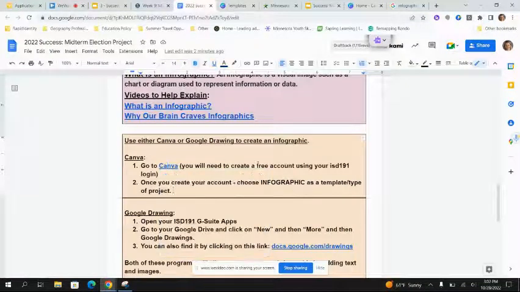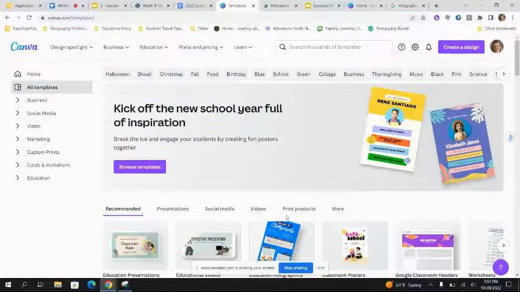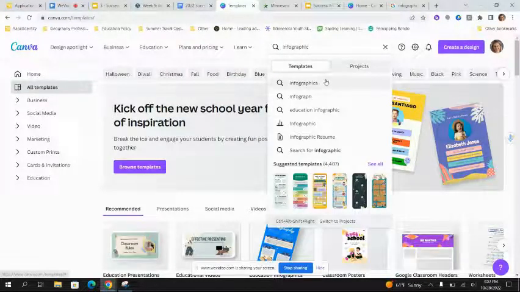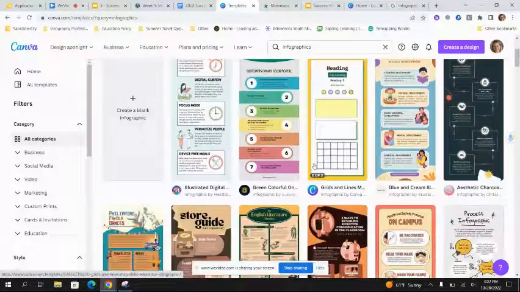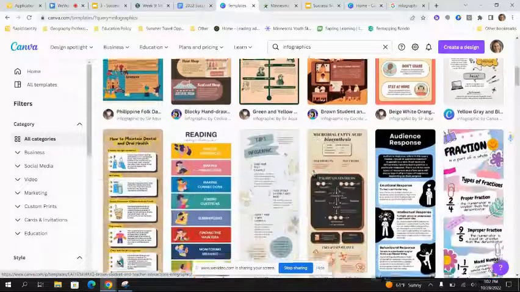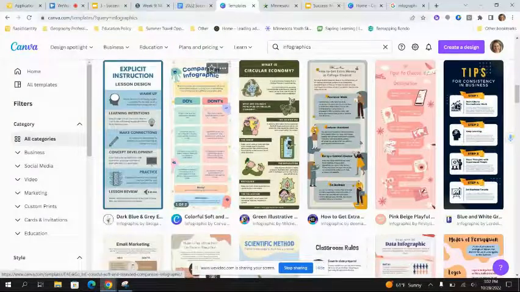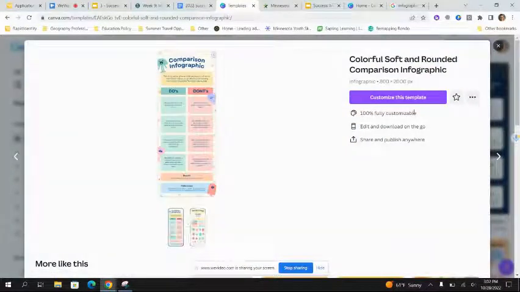So let's say infographic. Okay, so here's an infographic template. You're going to choose a template that you think would work best for your project. Some of these might not work very well, but okay, here's a comparative. So if I go to a comparative infographic,